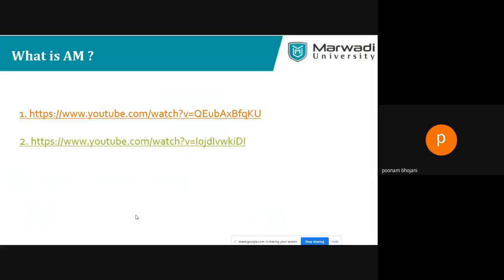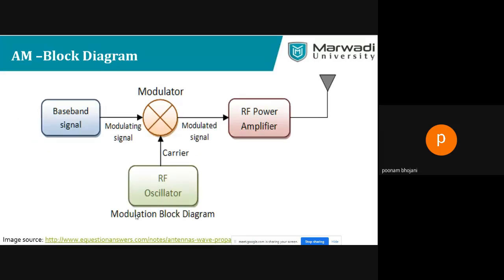The second video is not important, it is showing almost the same thing. AM, amplitude modulation. See, how you can achieve amplitude modulation, how you can do the modulation of these message signals. If your message signal is going to a modulator, it will be modulated by a carrier frequency which will always be higher than this frequency. The carrier signal generated by the RF oscillator will be given to the second input of the modulator. So the output of this modulator will be an amplitude modulated signal.